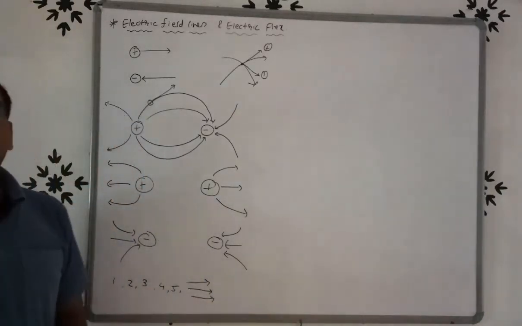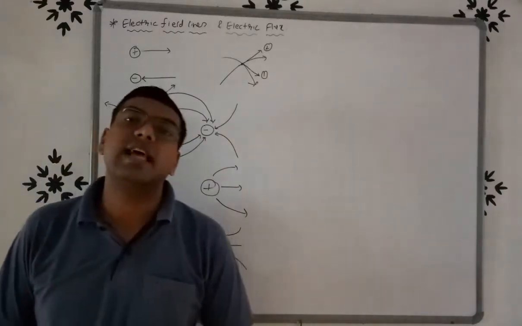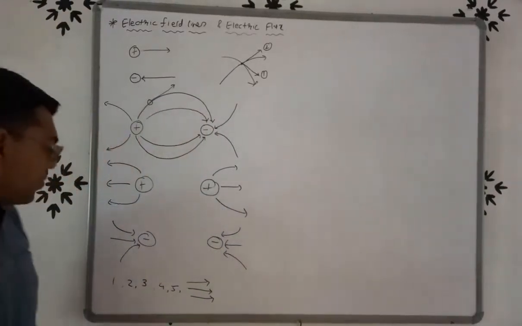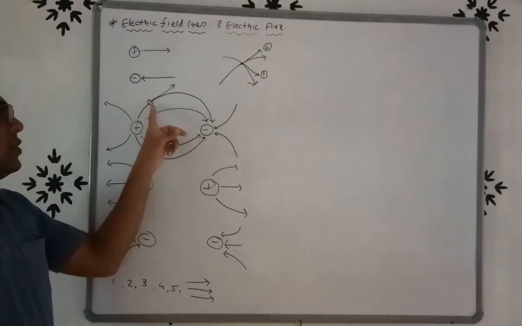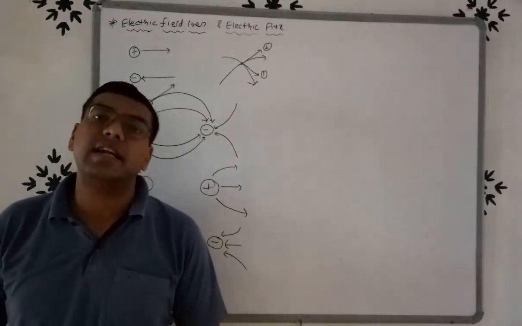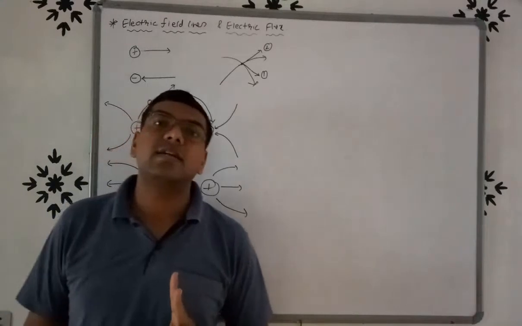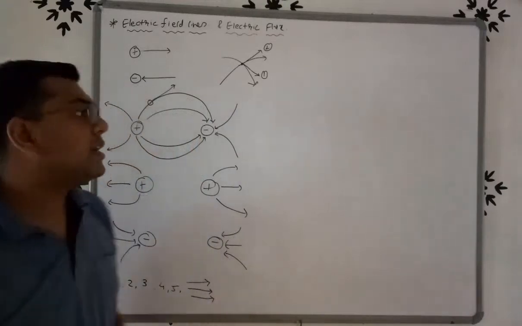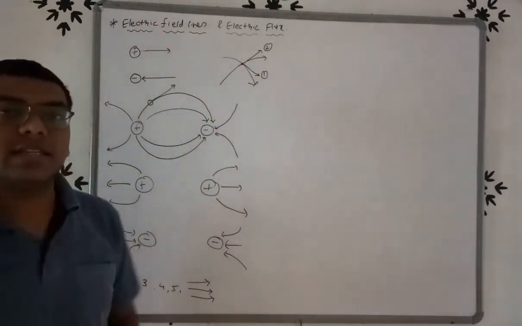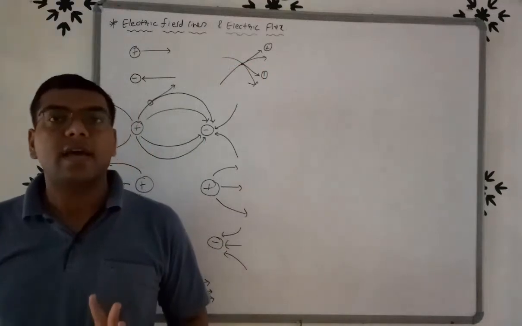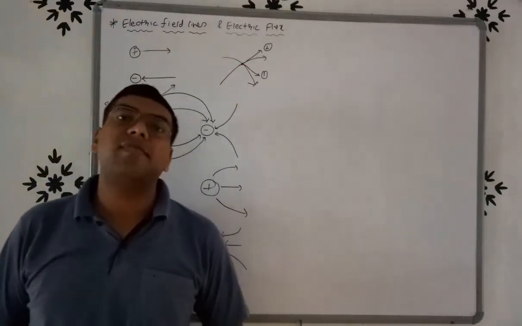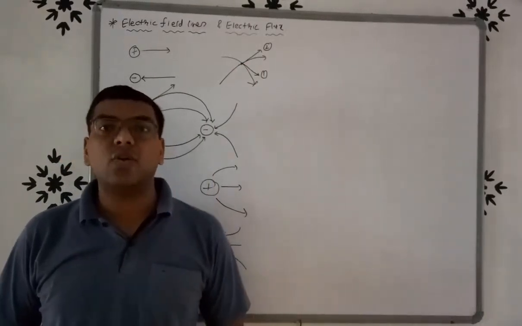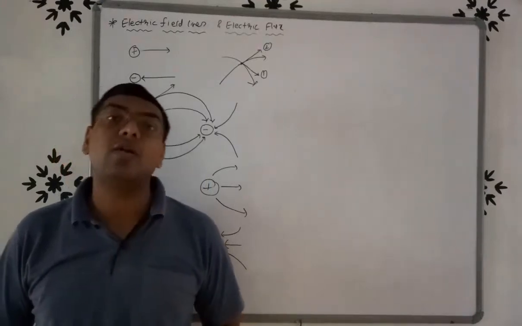Okay. Again, the question is like this: give the characteristics of electric field lines. So first, if we draw a tangent to the electric field lines, then it will give the direction of the electric field. Second, electric field lines don't create a closed loop. Third, electric field lines don't intersect each other. Number 4, suppose electric field lines intersect each other, then it will give two directions of the electric field, and this is not possible.